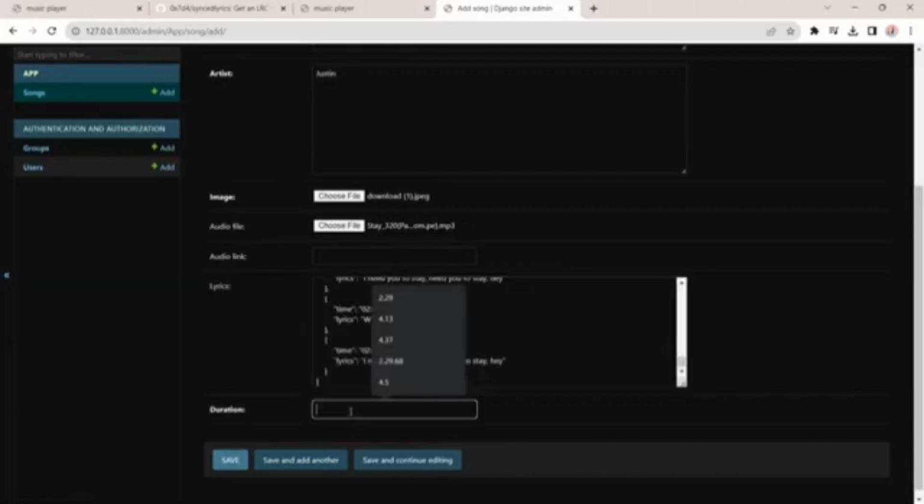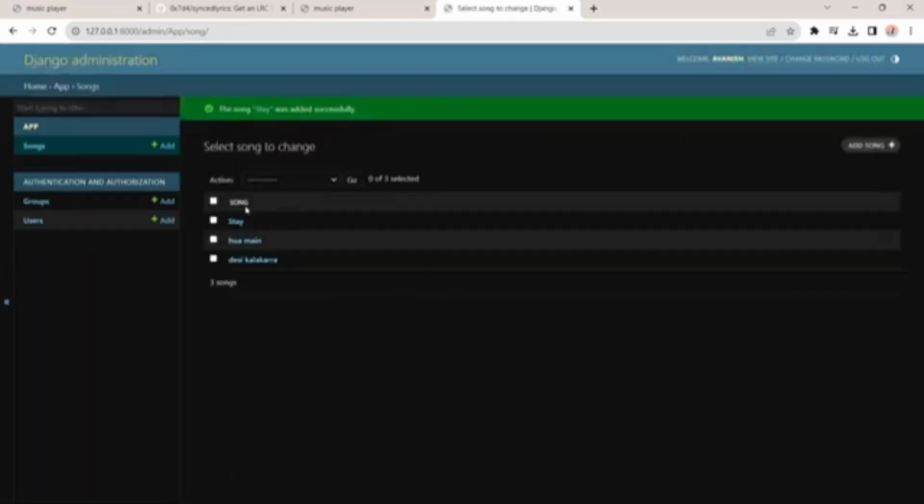The duration of the audio is 2:14, so let's say 2 minutes 15 seconds and add this file. Now when we go to our third page, we will see the song with the name of Stay, and when we play it,